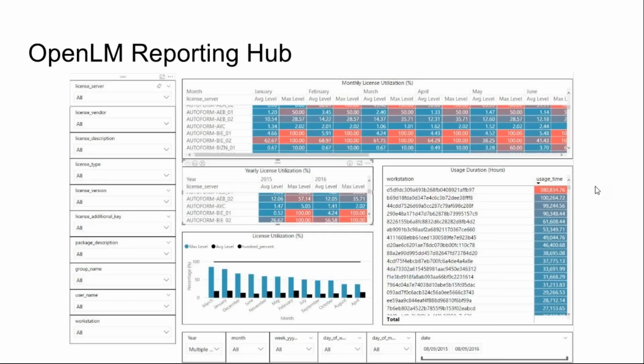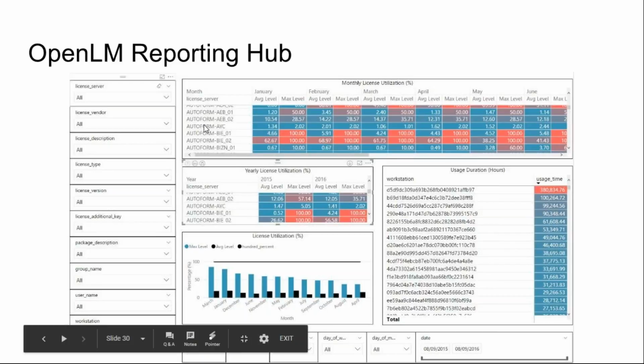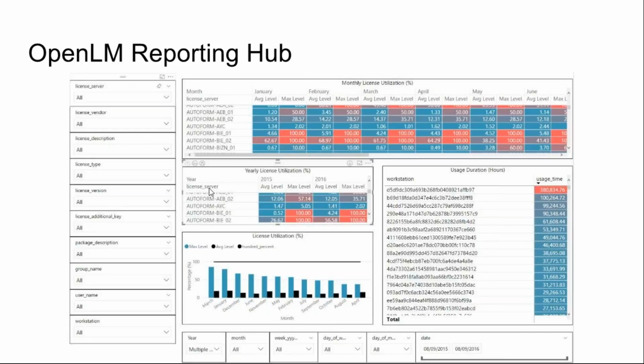And this is one of our sample reports. It shows you license utilization. So you can see the license utilization by month here per license server. Also by year, I see here the usage duration for workstation. Now it has drill downs. You can drill down as the license server feature by day, by user, by group, whatever you'd like. And as you can see,